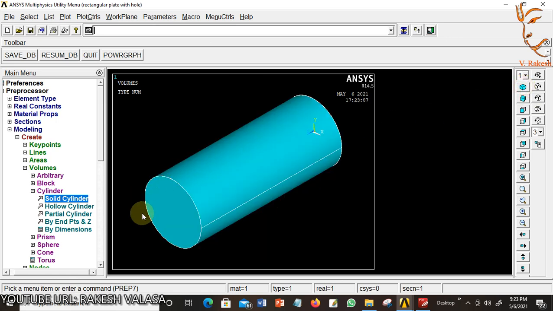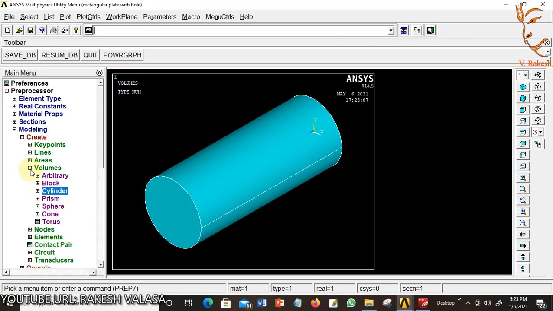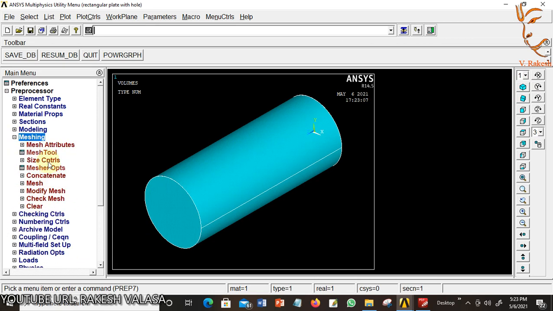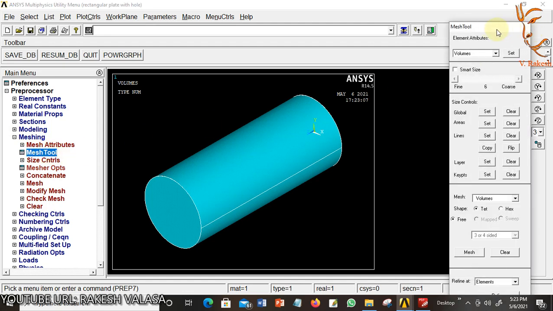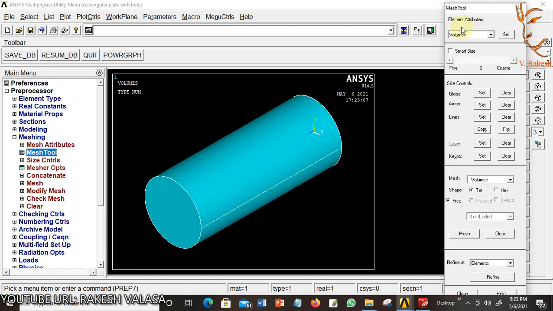The next step is meshing. Meshing, mesh tool. In the mesh tool, there are few options. First one is element attribute. In this element attribute, I am choosing volumes. Next, smart size.